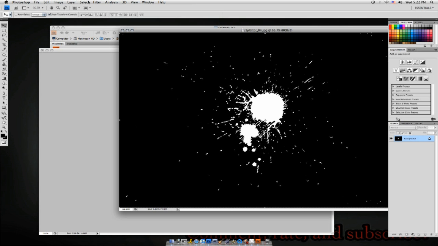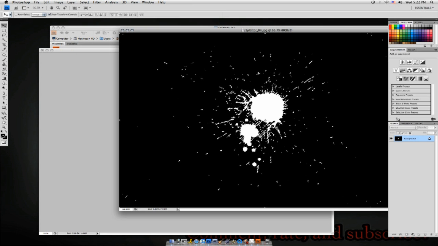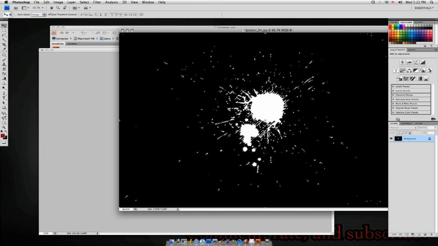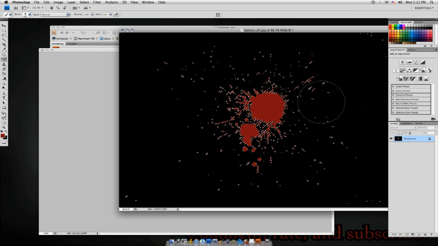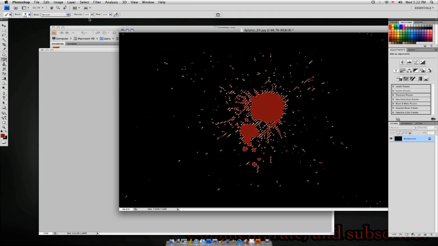Then what I did was I went select inverse, and then selected the color that I wanted to color the paint, which is pretty much the same reddish tone. Increase the opacity all the way, increase the brush size, and then color it in, right? Then I went again, select without deselecting, inverse again, and